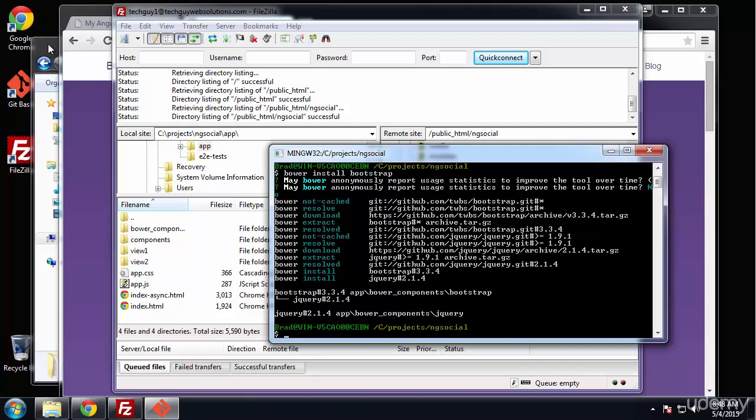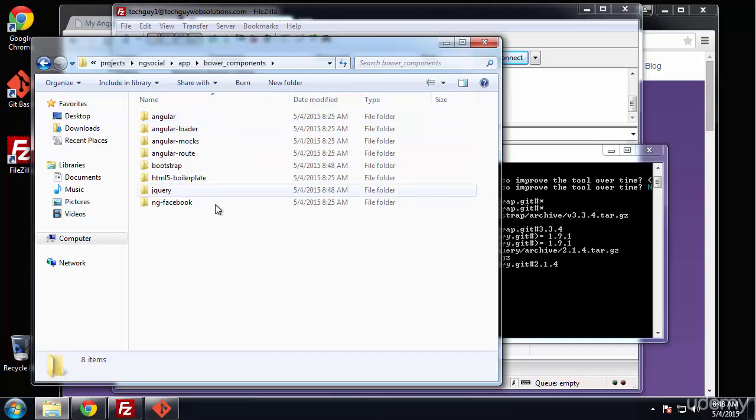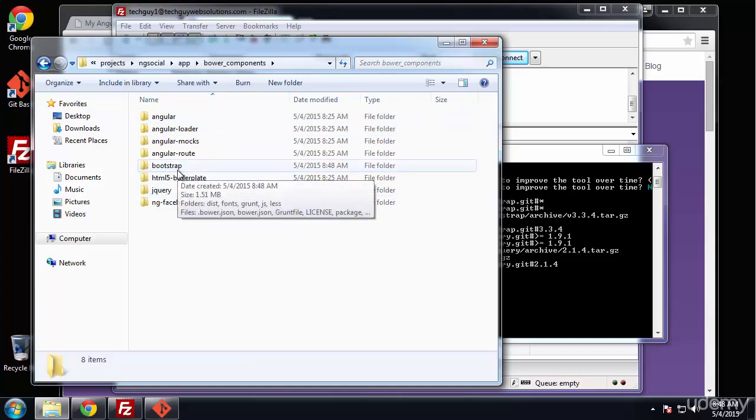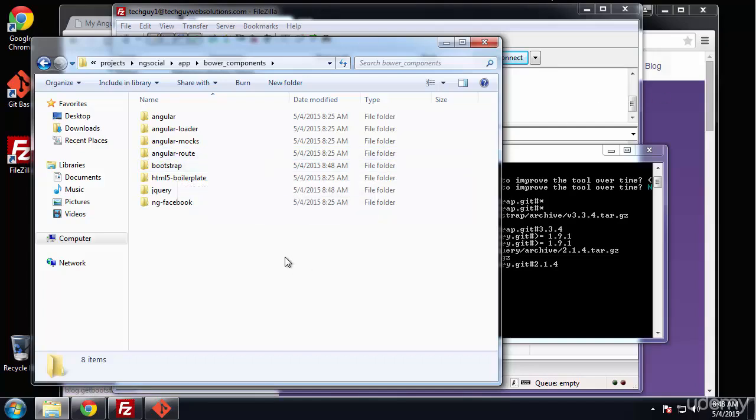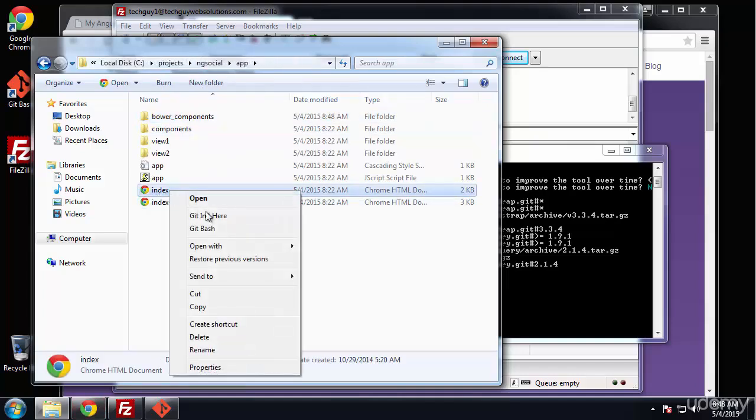Alright, let's take a look. If we go in our app folder, Bower components, you should now have Bootstrap, and it looks like it also installs jQuery because the Bootstrap JS file needs jQuery. Alright, so that should be all set. Now what we need to do is create the index file. Alright, if we go ahead and open that up,